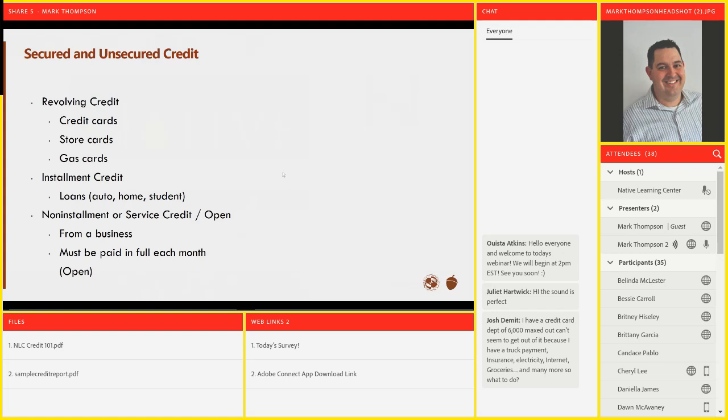The other type of big credit that we generally run into is installment credit. Installment credit is different than revolving credit. As you pay it off, it doesn't replenish, it doesn't revolve. The types of vehicles that we find that are installment credit are loans. Think of an auto loan, right? You buy a truck for $20,000, and you've paid off $5,000 of your truck.